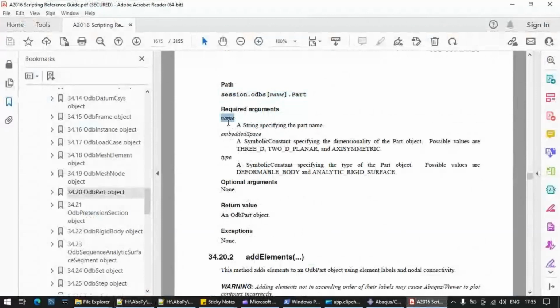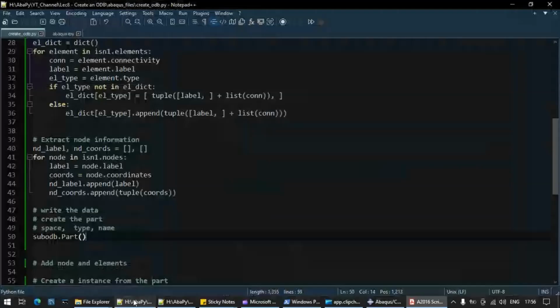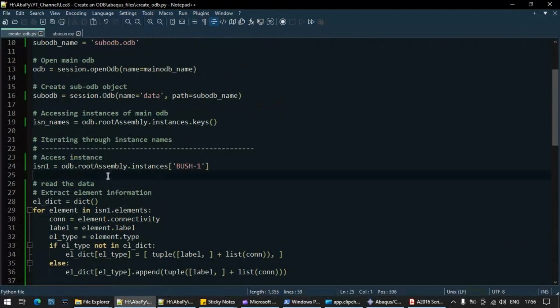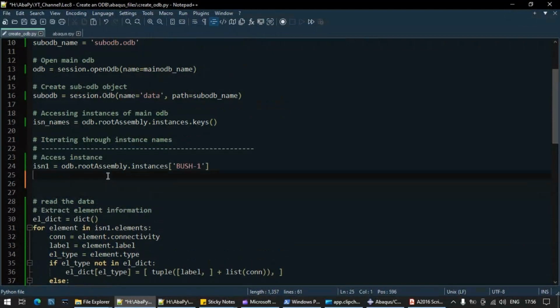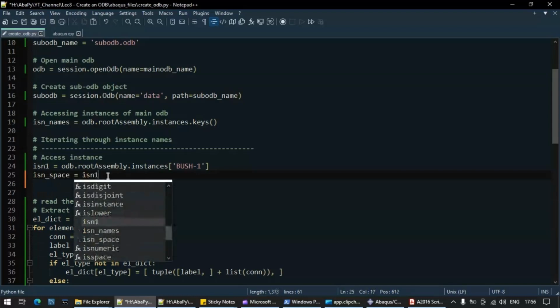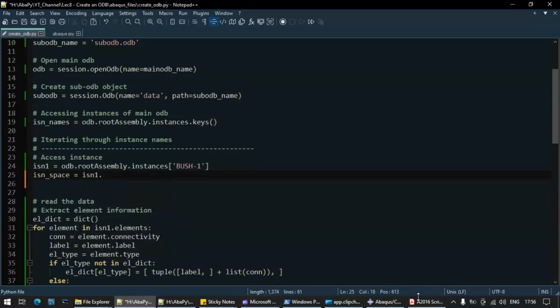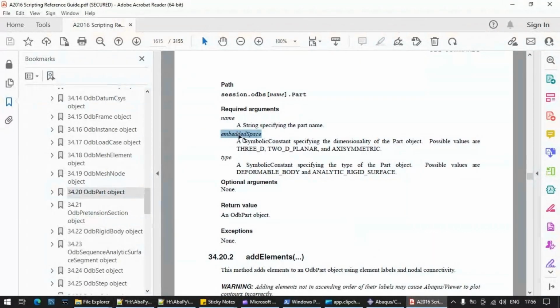So it requires name, obviously, then the embedded space. What is the dimensionality of this part that we need to write? How do we get it? From the instance. Then again type, is it deformable or rigid? All this information we will get from the instance. Okay, so let's try to get this information. Let's write ISN space and ISN1 dot embedded space.